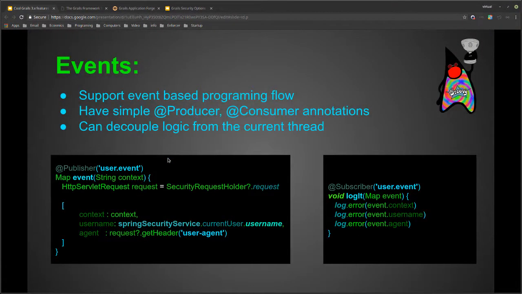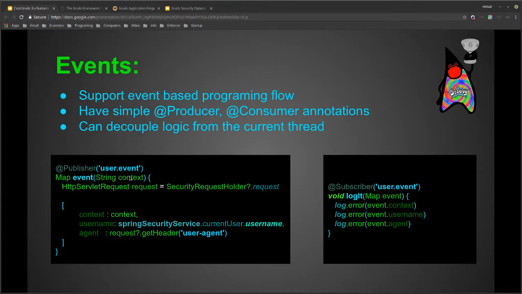All right. Next, events. Events are something cool that they added, and they've updated them fairly recently. These allow you to spawn off events based on various code that you have, and these will become asynchronous.